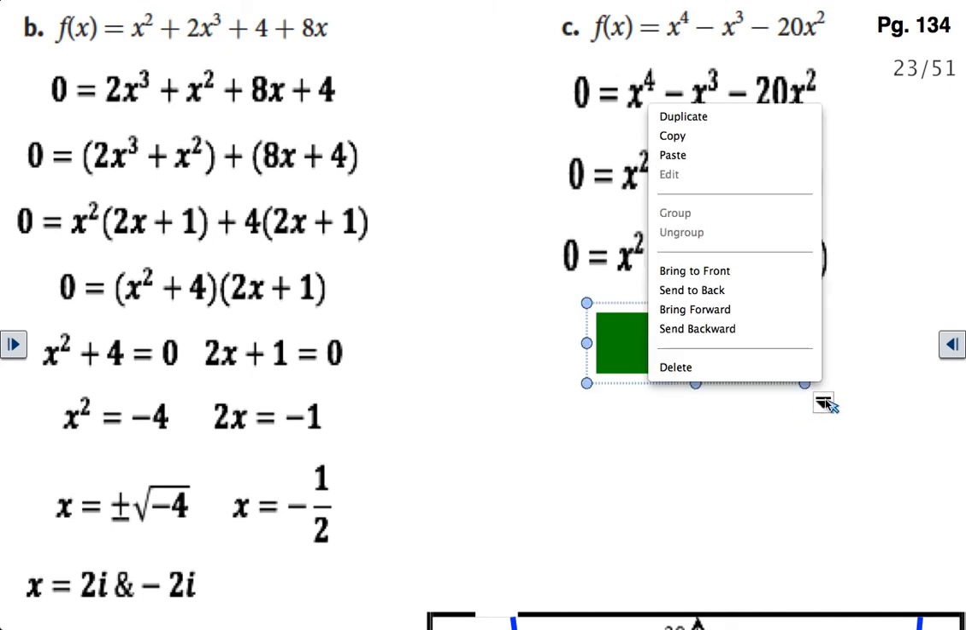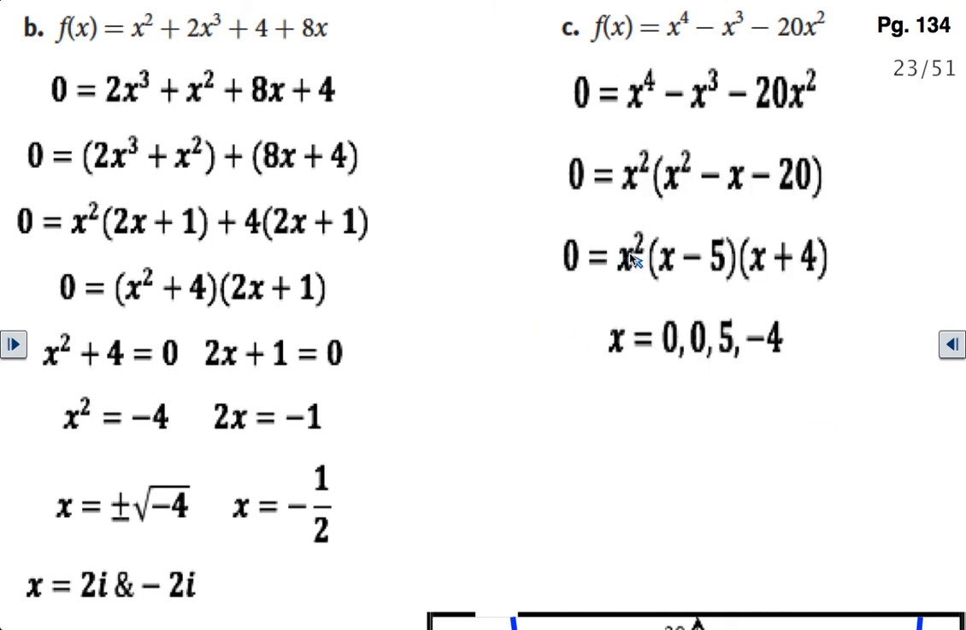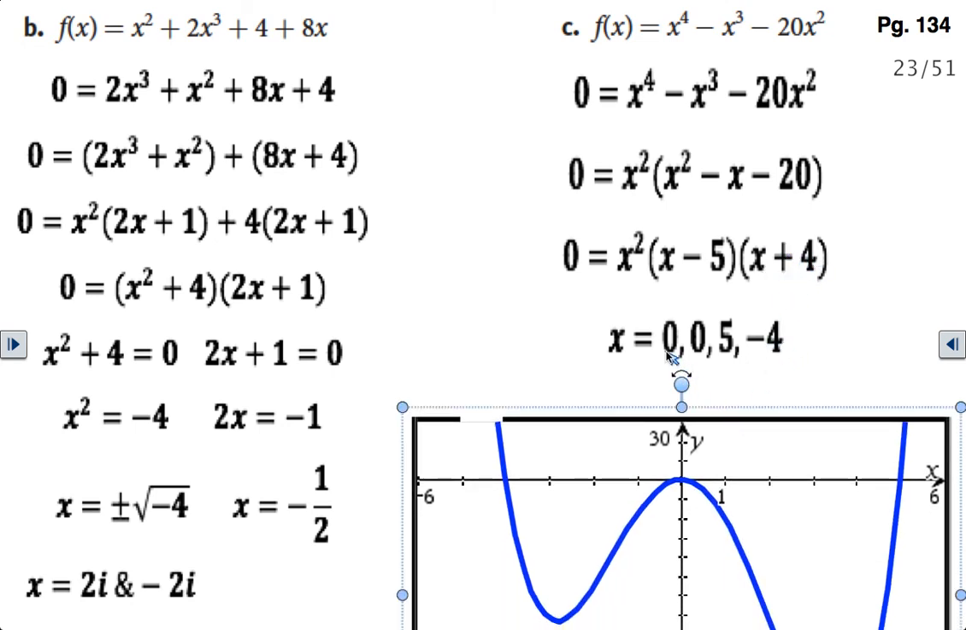Now when I set up my solutions, this x squared will give me a 0 for a solution, but because it's squared, I actually get 2 zeros. And then this factor gives me a 5 for my x-intercept, and this factor gives me a negative 4. Don't forget, anytime you have squared terms here, that just means you're going to hit the x-axis and bounce off. And then my other 2 x-intercepts are at negative 4 and 5. All right,